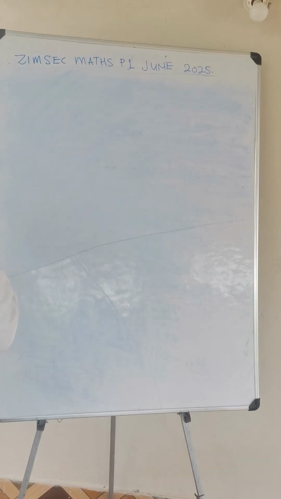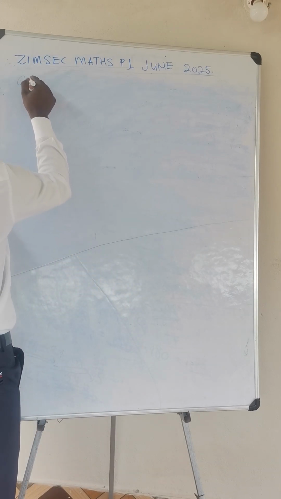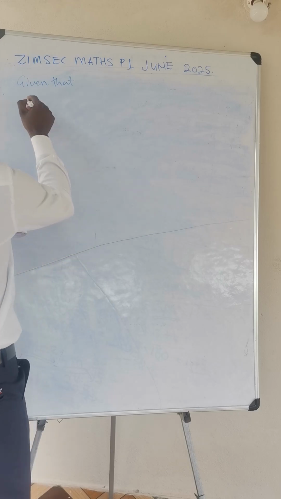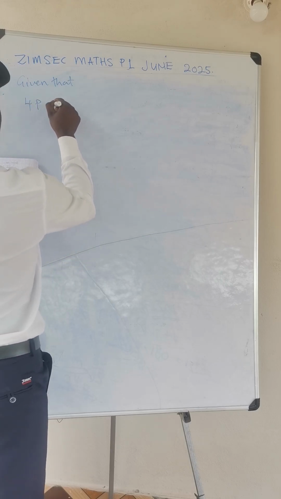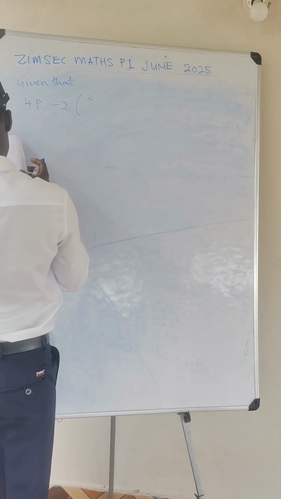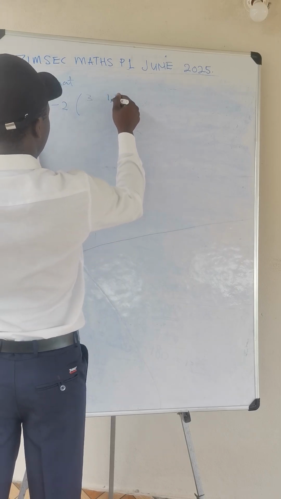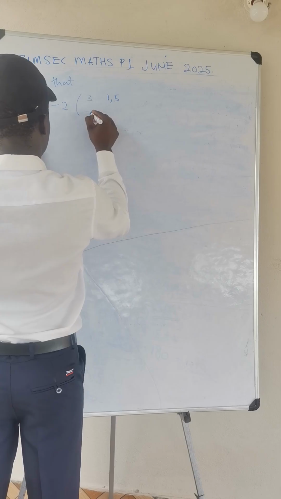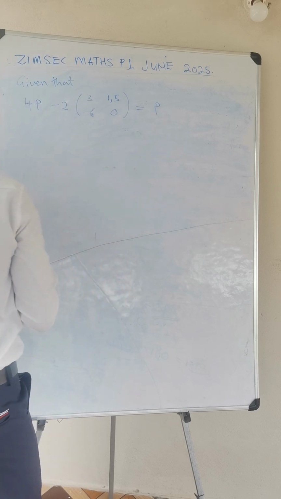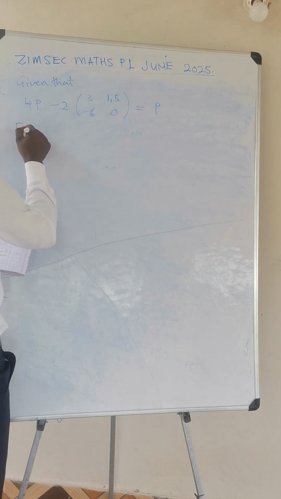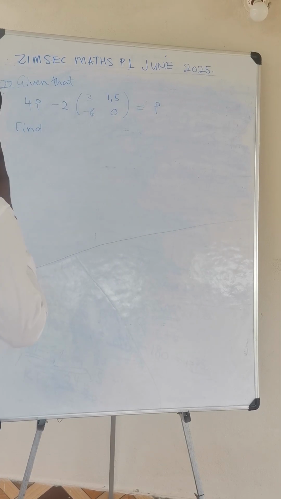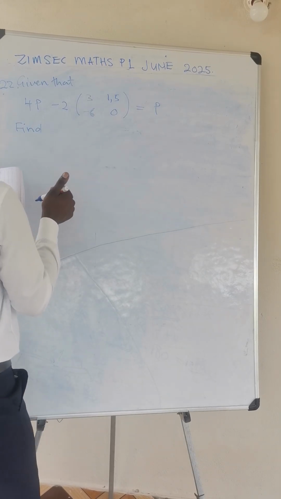So now we are moving to number 22. Given that 4p minus 2 open bracket 3, 1.5, minus 6, 0, is equal to p. Then the question says find a